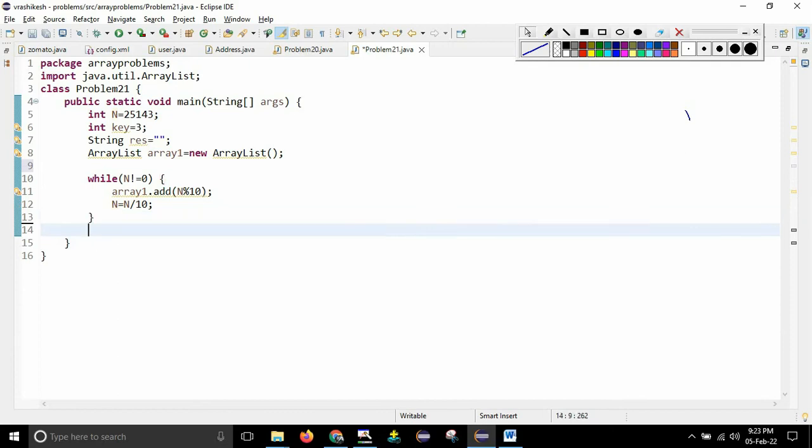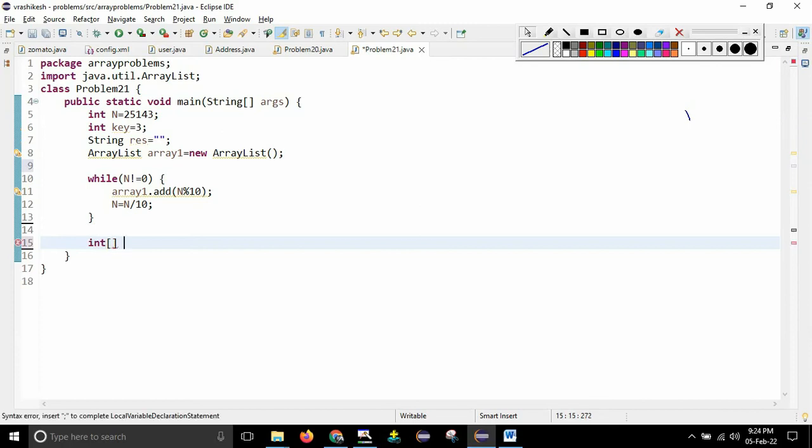Once you are done with that, now it's time to create one array. So this is an array list, and I need to convert that array list into an array in order to perform all my operations. For that I will create one array. Integer type, and its name will be array2, and here its size will be new int of whatever the size of array1 is. So array1 dot size. Okay, fine, I have created one array whose name is array2. This array1 is actually an array list, and array2 is actually an array. Whatever the size of the array list is, I am creating array2 with the same size.